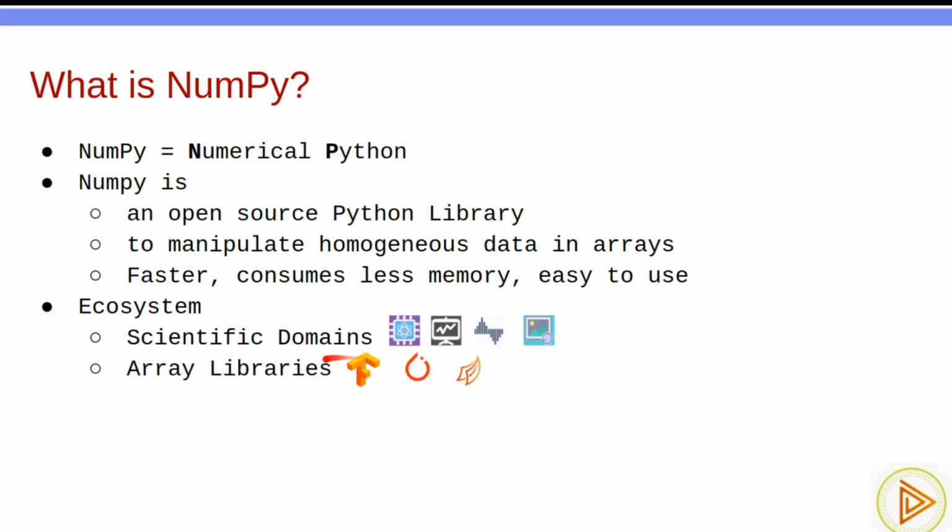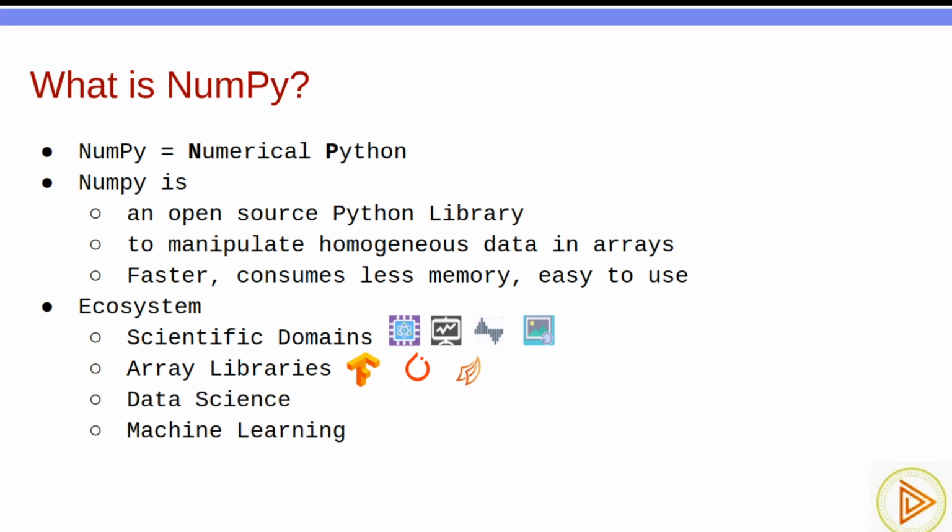It is also used in array libraries that include TensorFlow, PyTorch, Dask. These are all libraries extensively used in machine learning and data science fields. Wherever they want to do numerical computations on arrays, they will use NumPy.